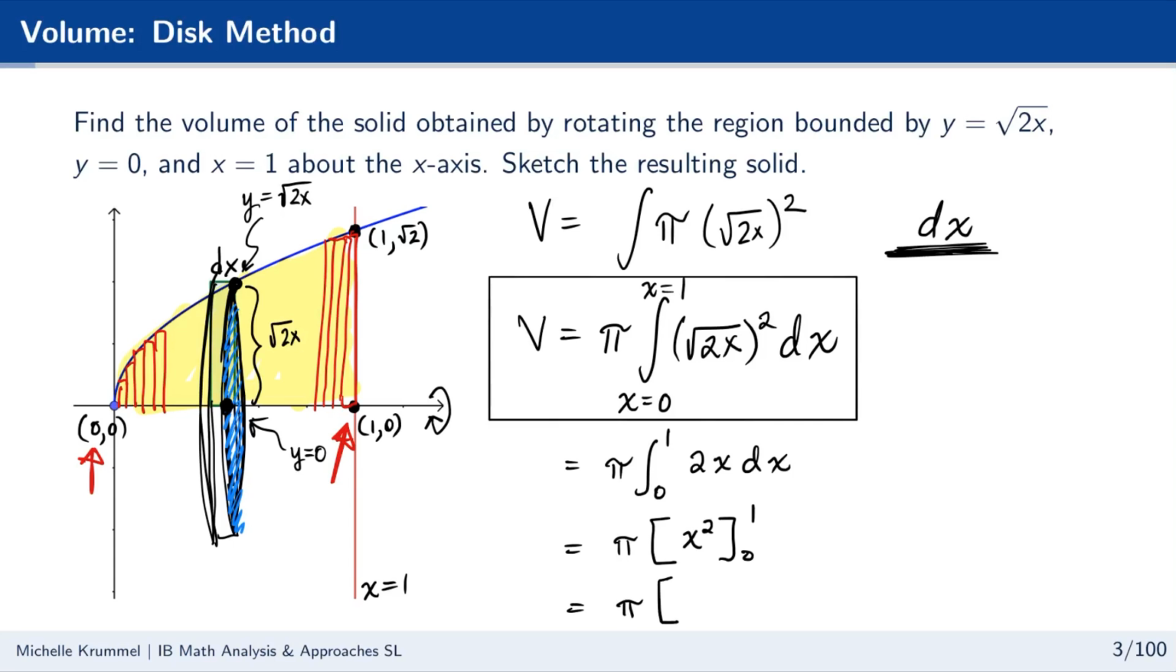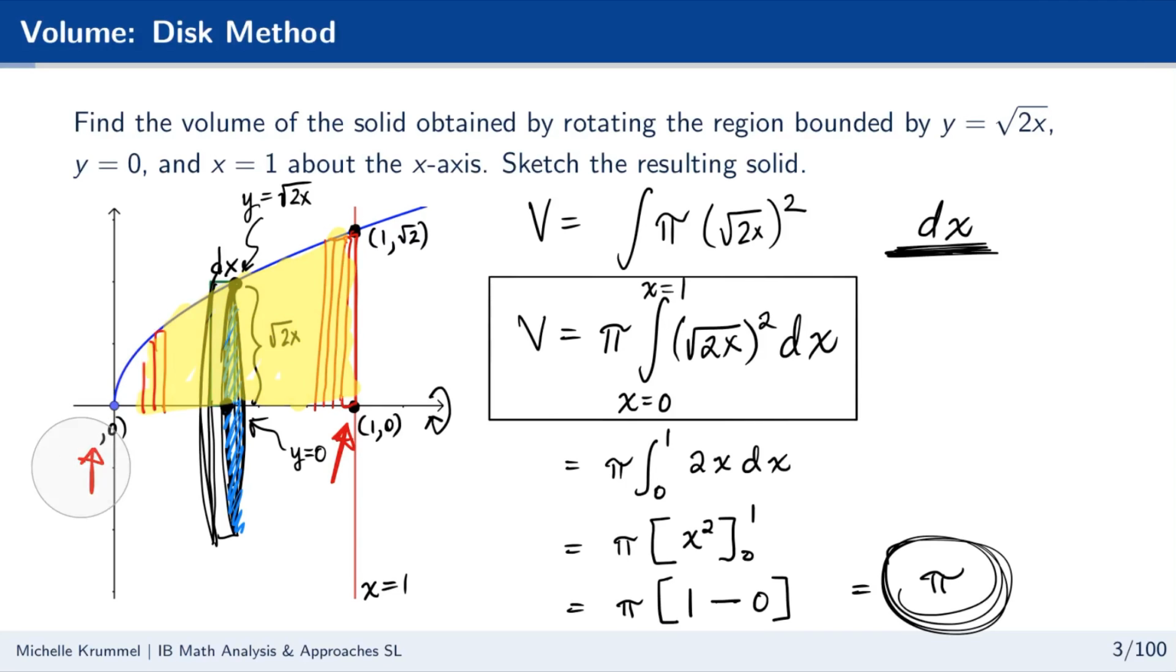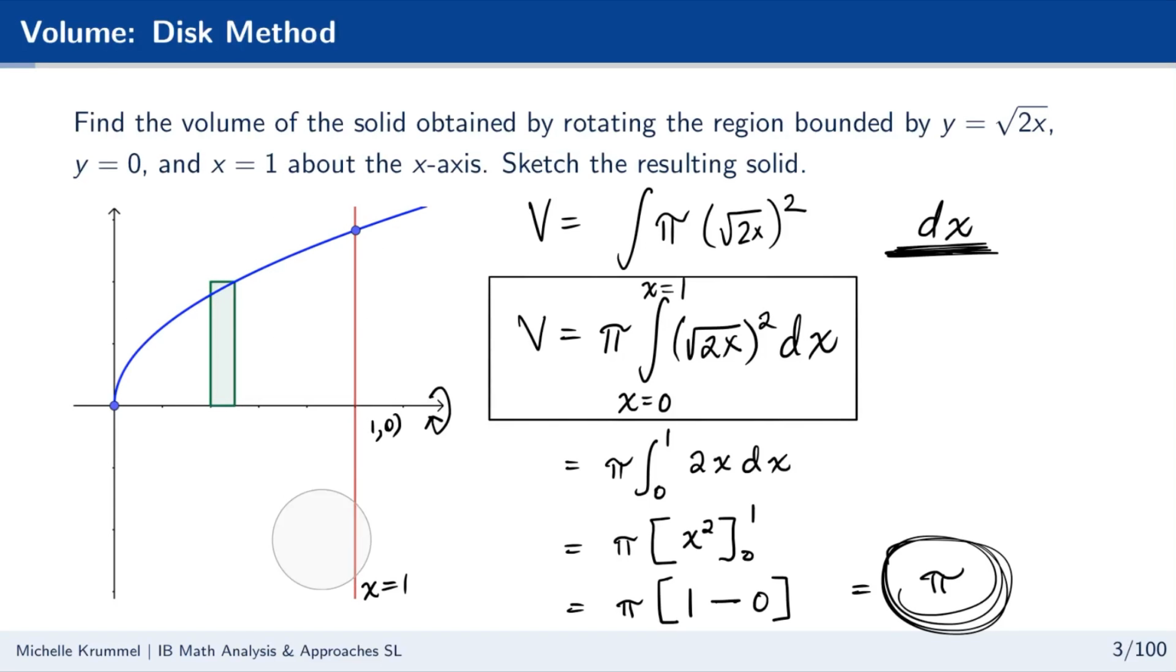And we know for that we're going to sub in the upper bound, so 1 squared, minus, and then sub in the lower bound. And my final answer is just pi. So the volume of the solid is just pi. Now we are also asked to sketch this resulting solid, so let me clean up the diagram a bit here